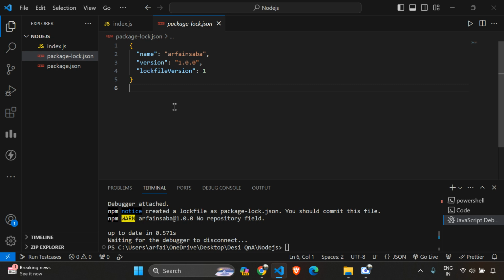Okay, in the context of a Node.js project or any software development project, devDependencies typically refer to the dependencies that are necessary for development and testing purposes, but are not required for the production runtime of the application. Okay, so for example, tools like testing libraries, build systems, linters, and other utilities that aid in development and testing are often listed in devDependencies.